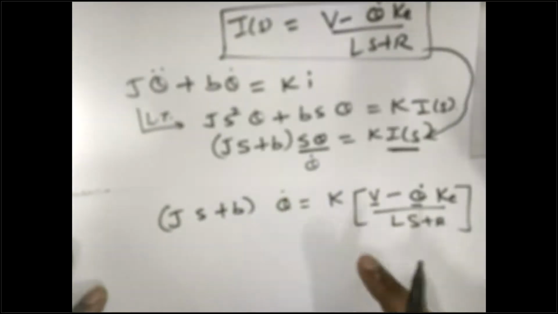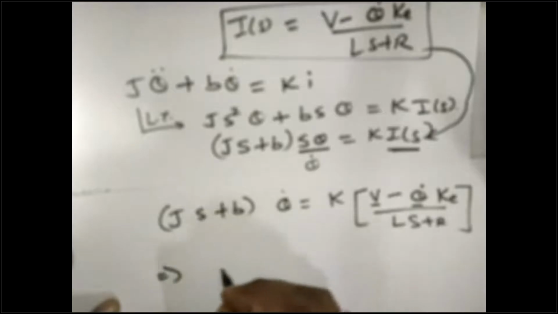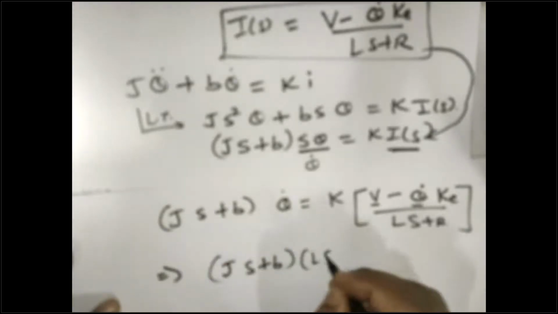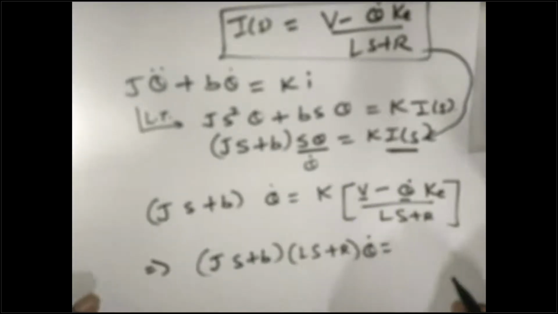I will cross multiply, so this will become (Js plus B) into (Ls plus R) into theta dot equals